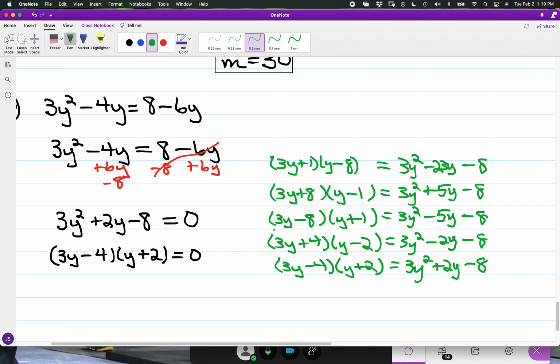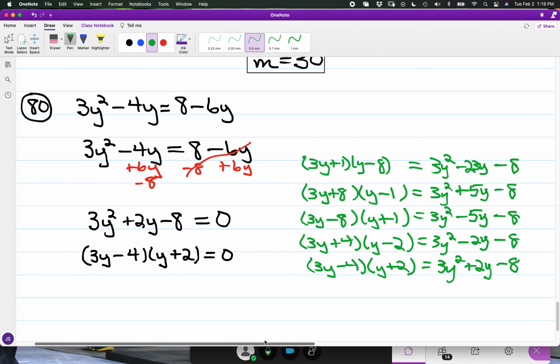And that is the only combination where we're going to have 2y come about. Any other combination trying to factor 3y squared and negative 8, you're not going to have the 2y result from combining the outside and inside products. And again, factoring by grouping was an option, but with the digits being low enough, it might be a quicker route to just use a little bit of trial and error. So we have, utilizing at this stage the zero product property,